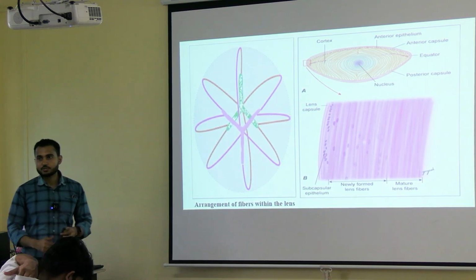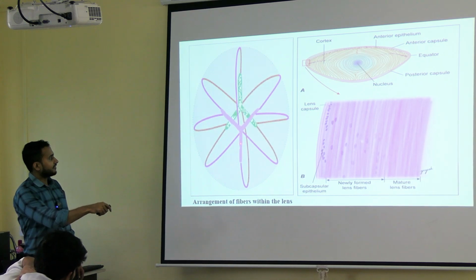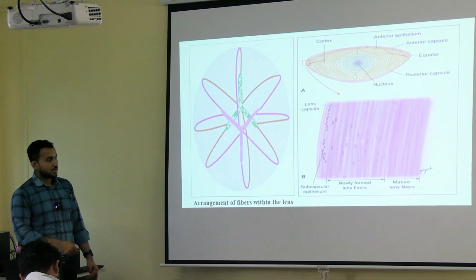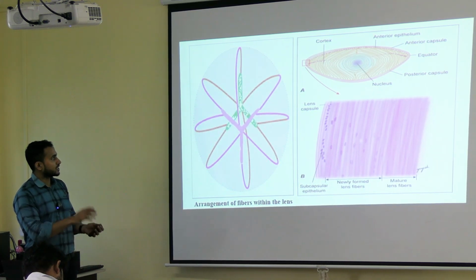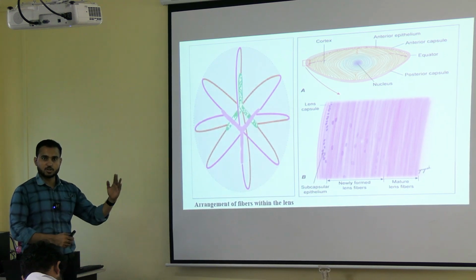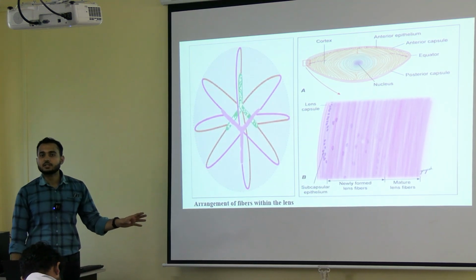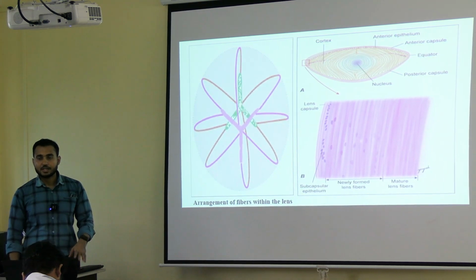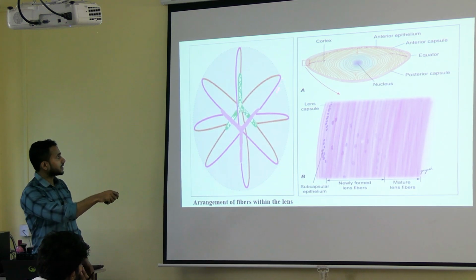Now see, this is the diagram showing the sutural lines. So this is Y shaped, you can see a faint Y shaped structure, and this is an inverted Y shaped structure. तो ये जो Y shaped structure है normal Y, this is seen when you see the sutural lines from the anterior aspect. If you see the sutural lines from the posterior aspect, तो ये inverted Y दिखाई देगा. तो ये किस में रहता है? In fetus. Okay, in fetus. In case of adult, means in case of us, what will be the appearance? ये देखो, these are the appearance.